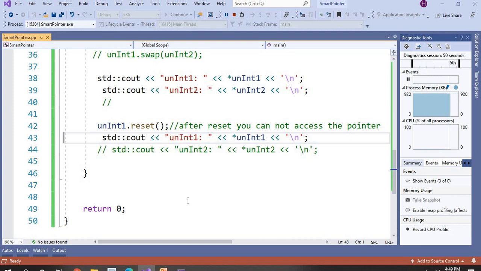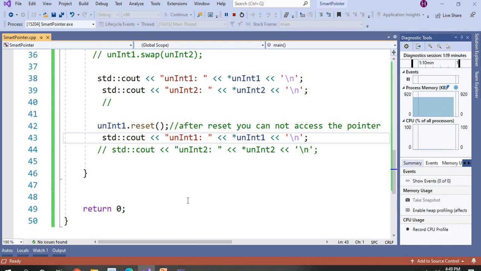So these are the very simple things you have to understand with the unique pointer. First of all, a unique pointer owns and manages dynamically allocated memory, and it will delete the memory when it goes out of scope. Second, you cannot copy or assign a unique pointer.